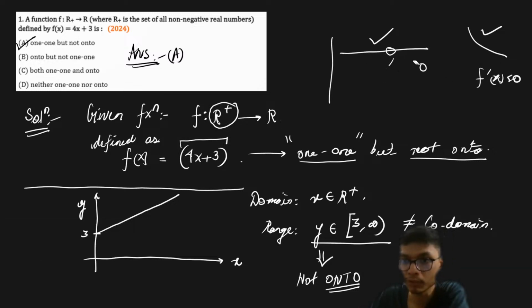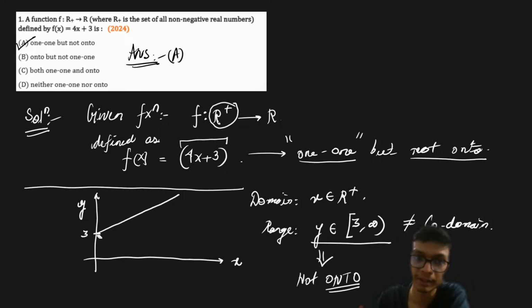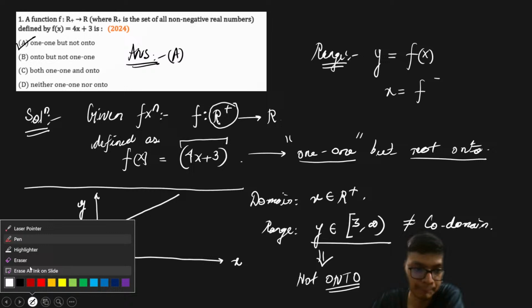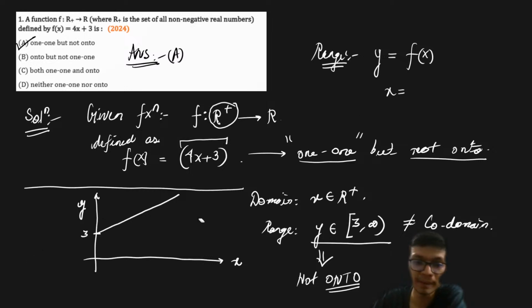So whenever we check for an onto function, it is always recommended that you try to calculate the range, right? So what you will do over here is calculate the range, okay? And how do you find the range? The simple technique for finding the range, for a given function y is equal to f of x, is to try to represent x in terms of some function of y, okay? Now that necessarily need not be an inverse function. That is something you need to understand, because